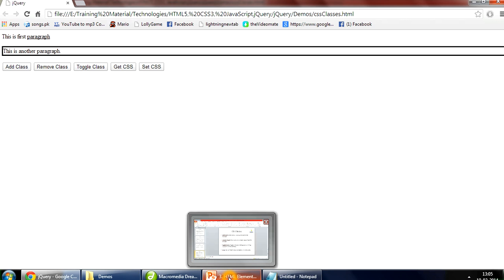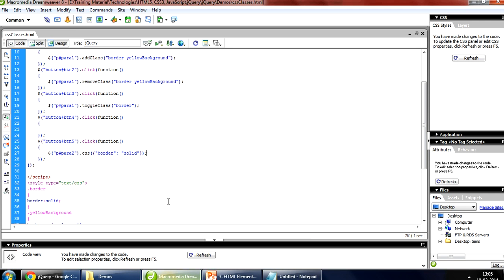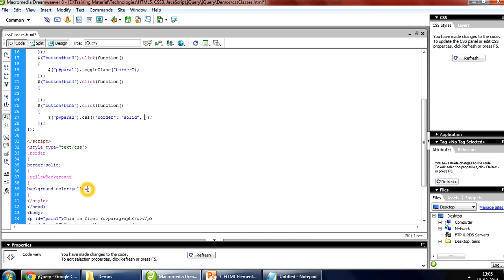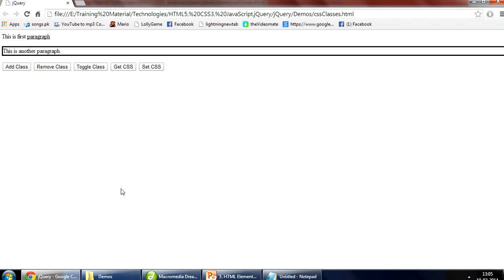And if you want to add more than one attribute, just separate them with a comma within the curly braces, and just write another one also. Like this, just separate them by comma. When you refresh it and you click on set CSS, you can see the border and the yellow background over there. Sometimes you want to get the value,